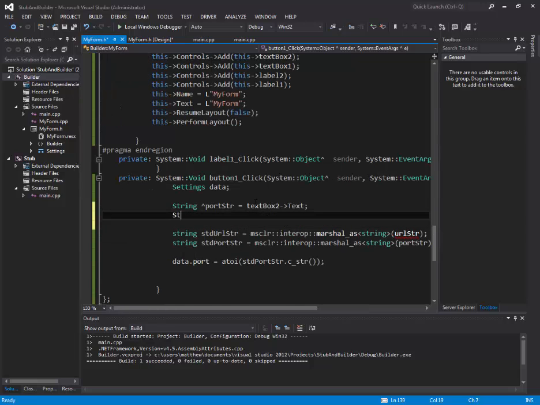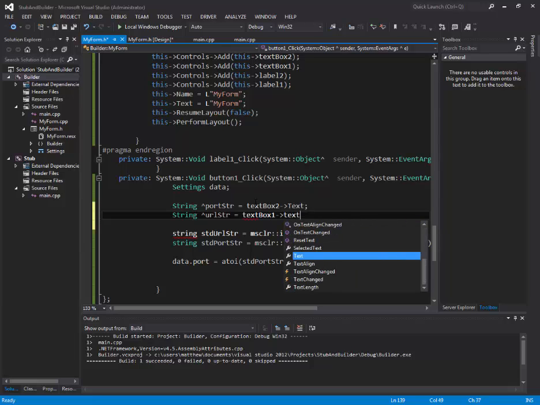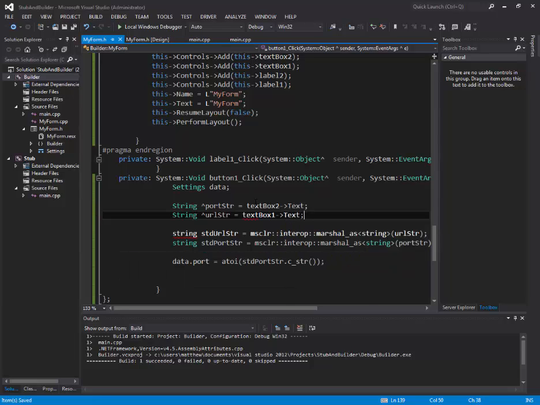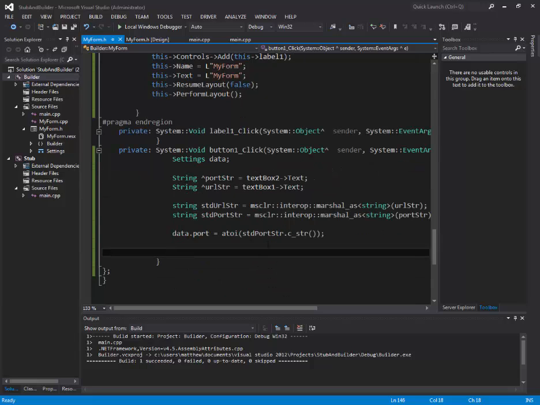And we'll define here string URL string. That's text. Box 1 text. If you don't understand how managed C++ works, it uses these up arrow things to declare a sort of pointer, because you use it as a pointer like that. But I found that really weird. I don't know why they would do that, but you know they do. So